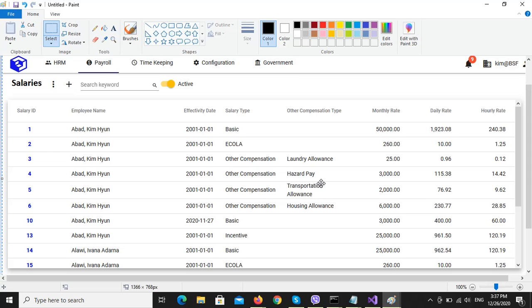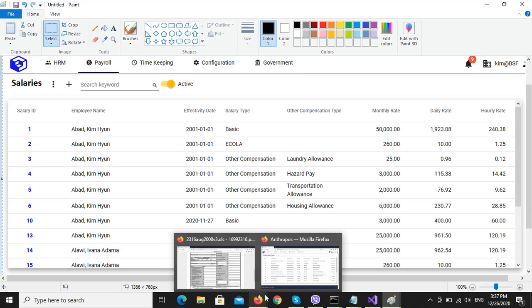So these are the compensation that will be automatically entered in the payroll. So in order for it to be included in the payroll, the salary type should be other compensation. Okay, so let me go back to the payroll